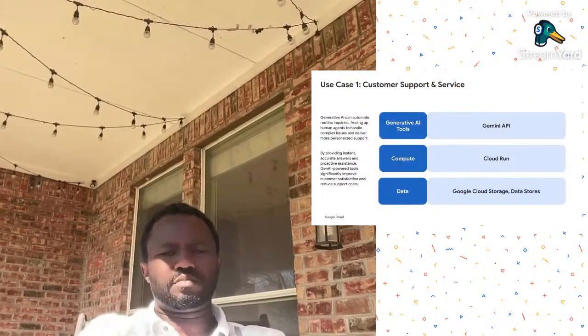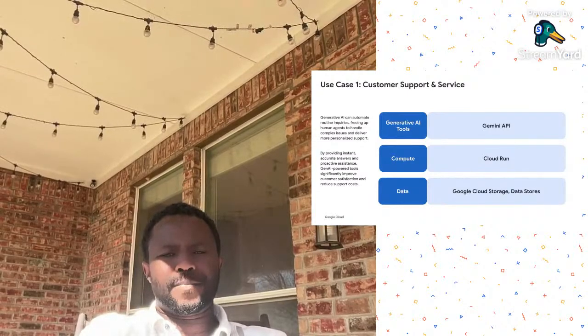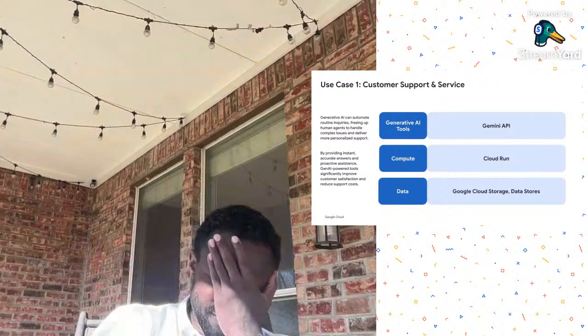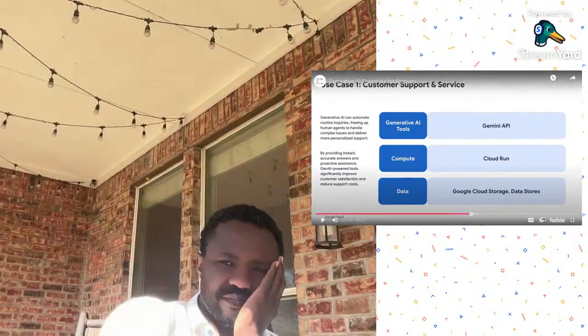So example number 1, probably the most common example you've seen in generative AI. I won't go into too much detail, but just remember our use case from the very beginning of the session, where we said, do you want your user going through 10 or 20 steps to find the answer? Or would you rather have them interact with an agent that can close that loop a lot faster? So generative AI can help automate some of these routine inquiries by basically feeding it information and data sources, not fine tuning, but